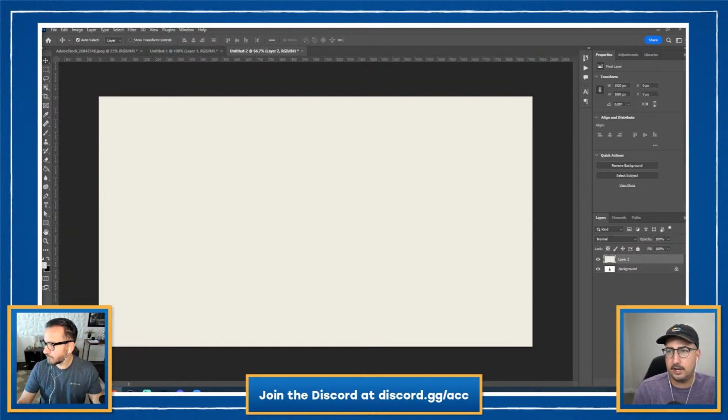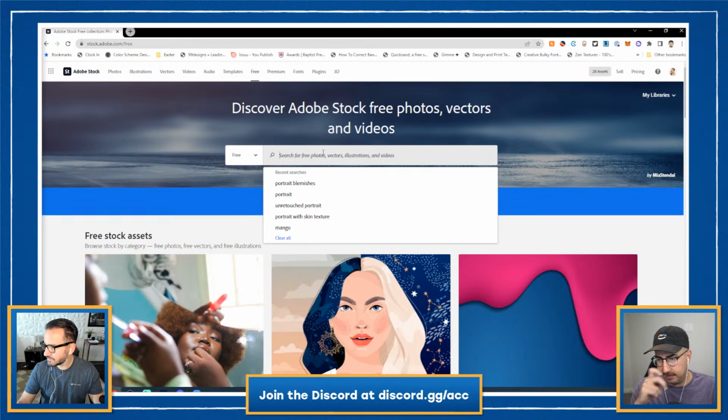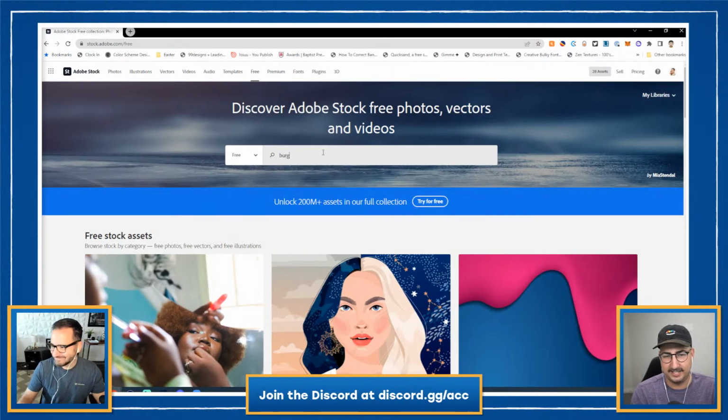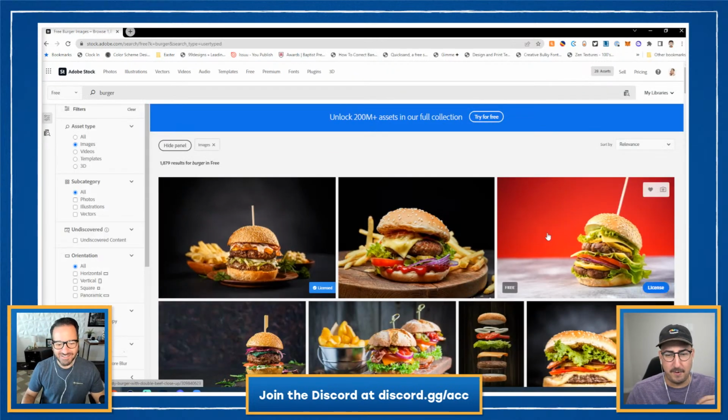And if you want to, you can toss the word free after that. So stock.adobe.com/free. And here, I'm going to take you on a trip to Flavortown. So we're going to go ahead and grab a burger, because we're going to head on down to Flavortown. So I love this. What I'm going to do is grab this burger here because it's